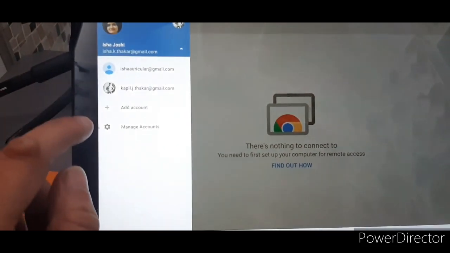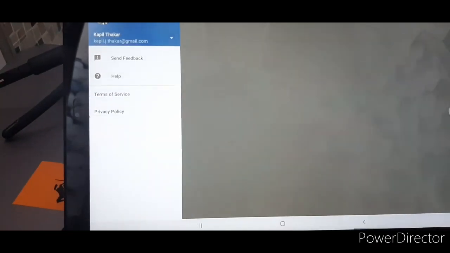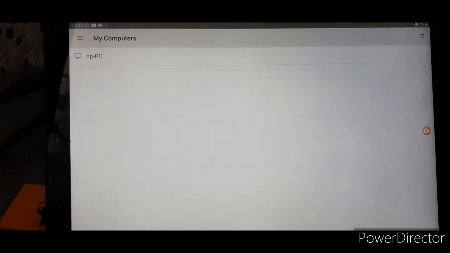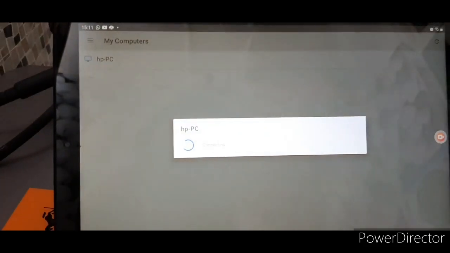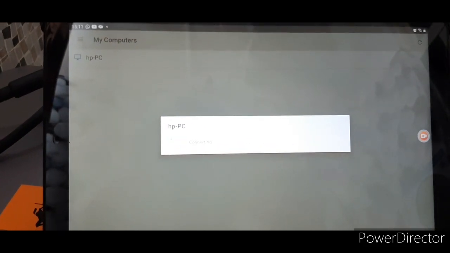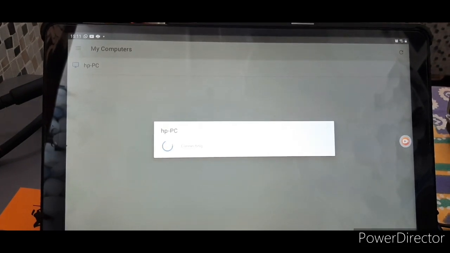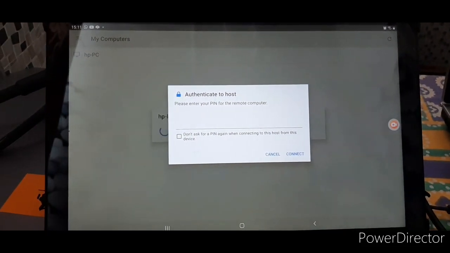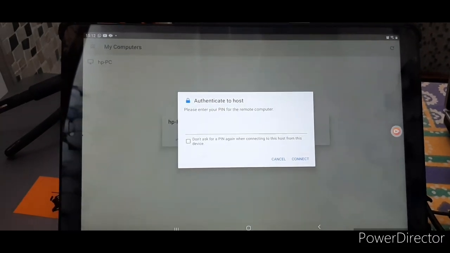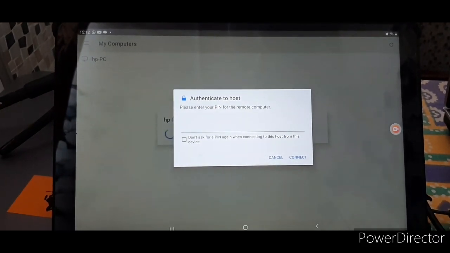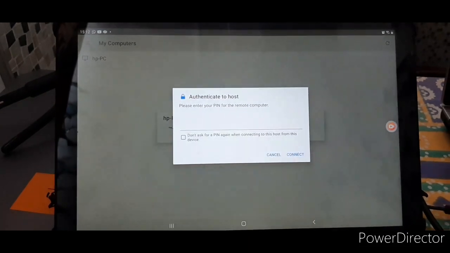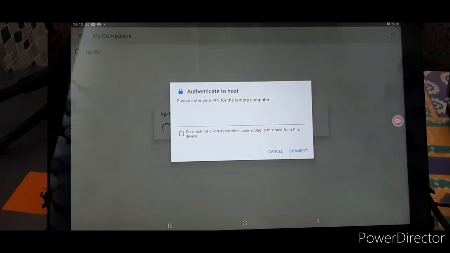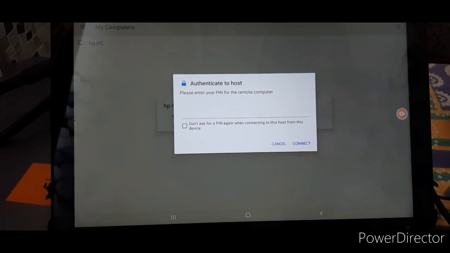I will go back to my original account, and now I can see my system is available. I need to click on the system name, and then it will ask me for the passcode. Once I install the desktop version, it asks me to set a passcode or pin number. I already set that number, and I will enter it now, then I will be able to log in.